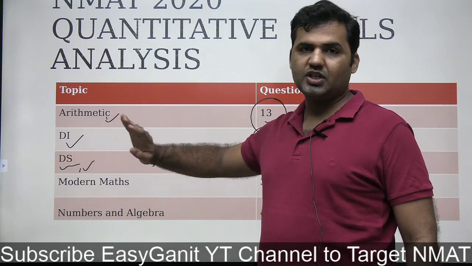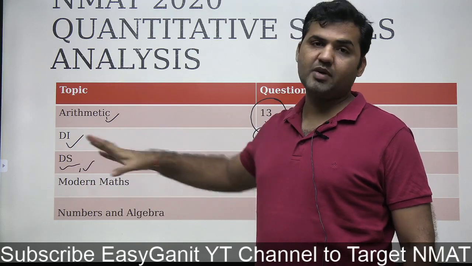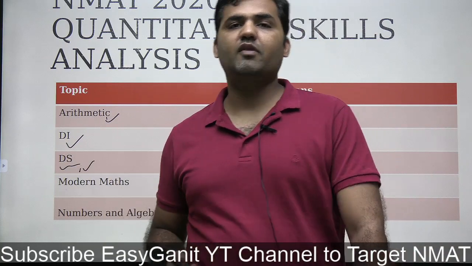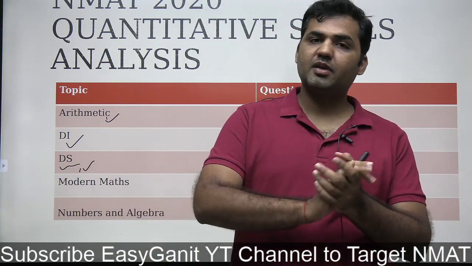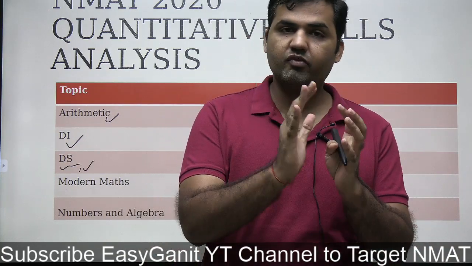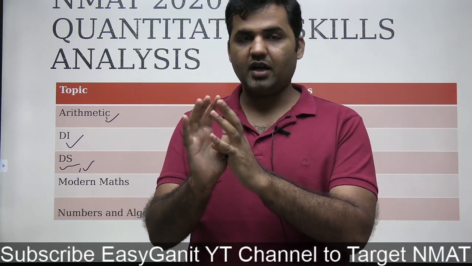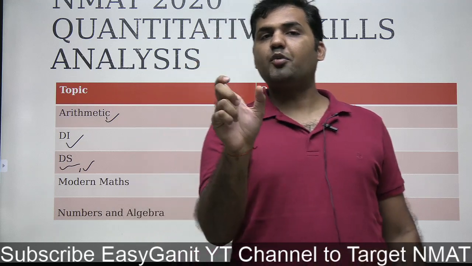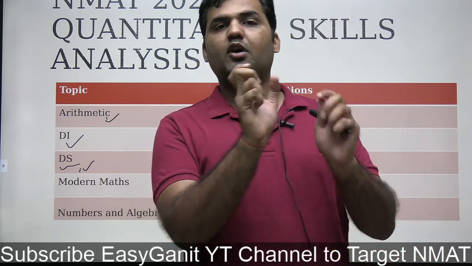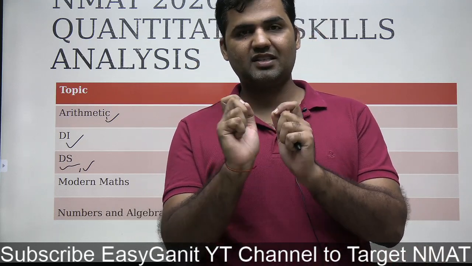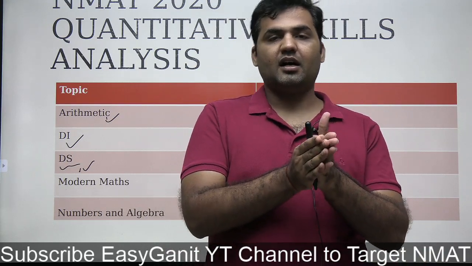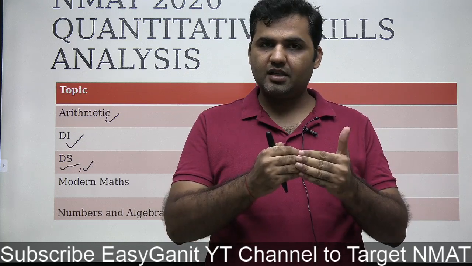So it's not a separate topic that you need to do. Data sufficiency questions can be from any arithmetic topic. It can be from profit and loss, it can be from SSA, it can also be from data interpretation. You just need to see what new information will be required to answer the question, or whether the information given in the question is sufficient to answer it or not. You're not supposed to find the answer, you just need to check the sufficiency of the data. Is the information given in option A sufficient to answer it or not? This type of question.